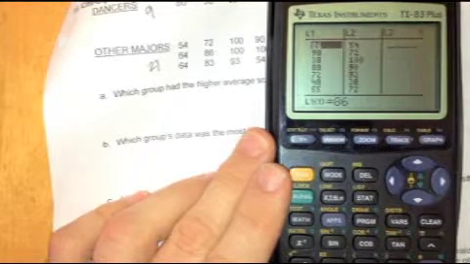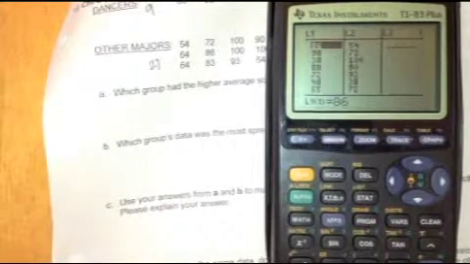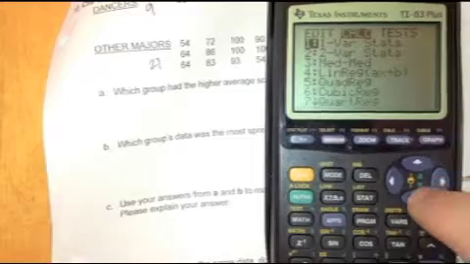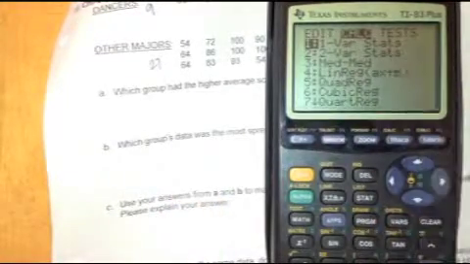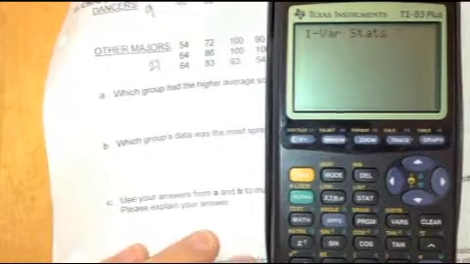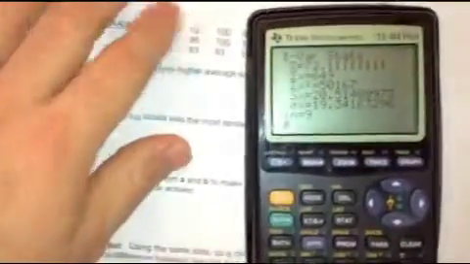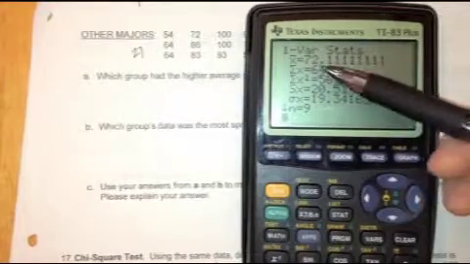Now, when I'm ready to calculate my averages and my standard deviation and things like that, I want to go ahead and press Stat, Calc, and then one variable statistics. It's the very first choice. When I hit enter there and hit enter again, it's going to give me a whole list of information about L1, including the mean, X bar, which is 72.11. So the dancer average